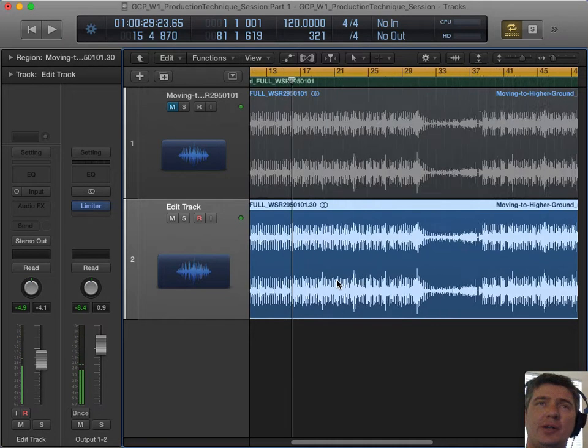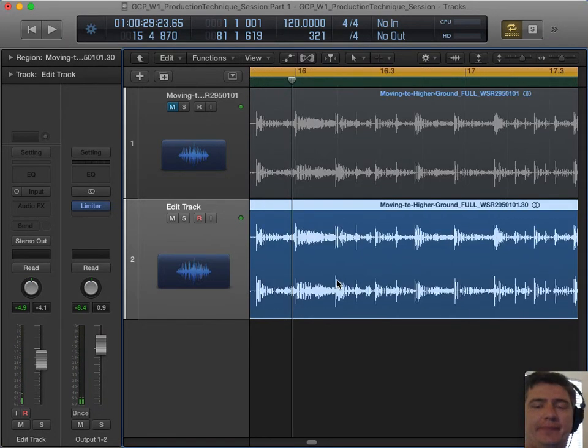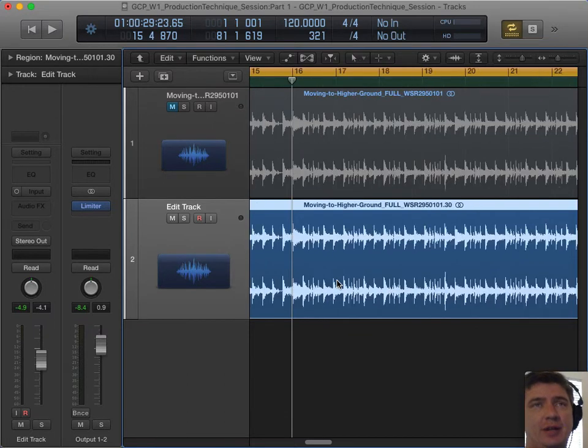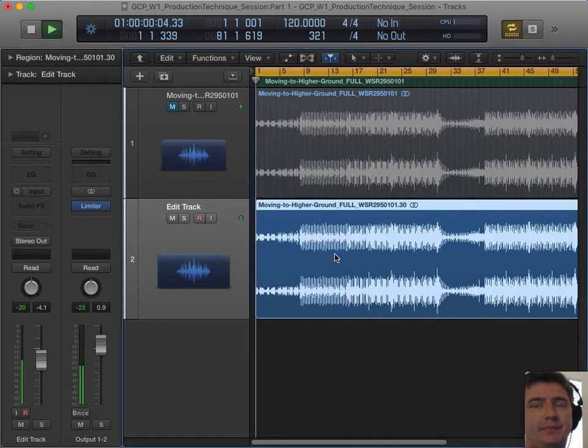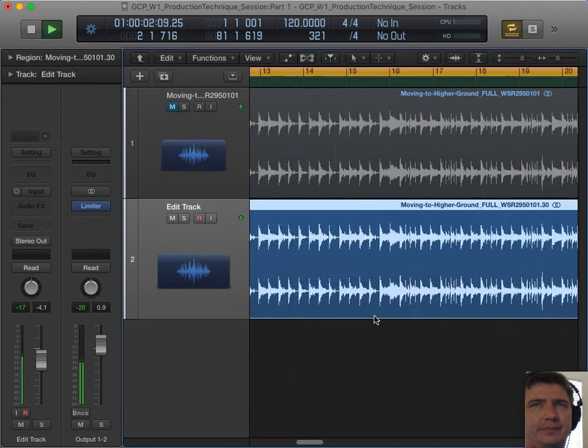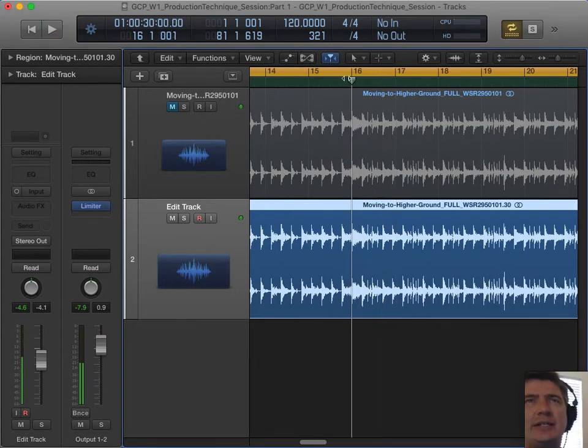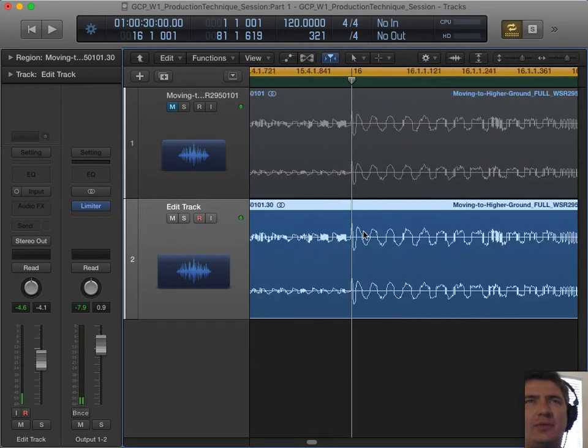So if you want to do a basic file edit, you're doing what's known as topping and tailing the file. You need to find the top of it, you need to find the tail. And that is pretty straightforward in this piece of music because there are some really obvious cymbal crashes that we can use. Right there. And we can take that cymbal crash as the downbeat of this particular rhythm.